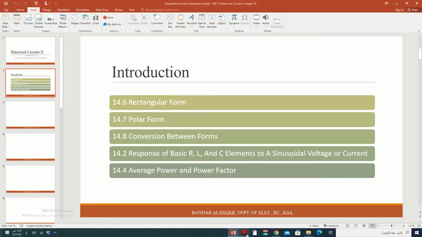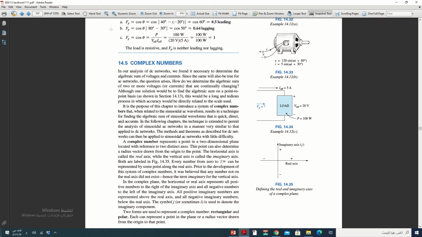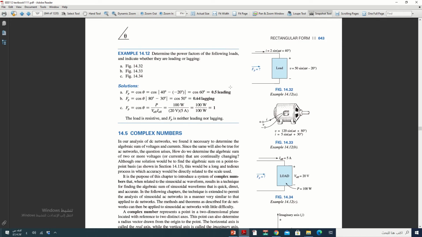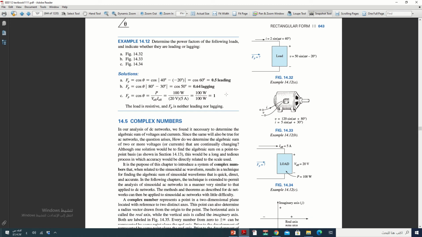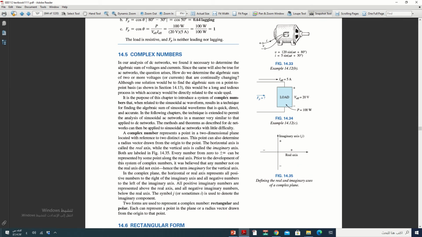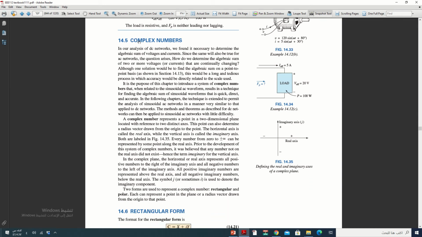Just go to the book, chapter 14, page 643. We'll start to talk about complex numbers. If you remember in your math course, we talked about complex numbers. What is a complex number? If you have any number that has a real number and